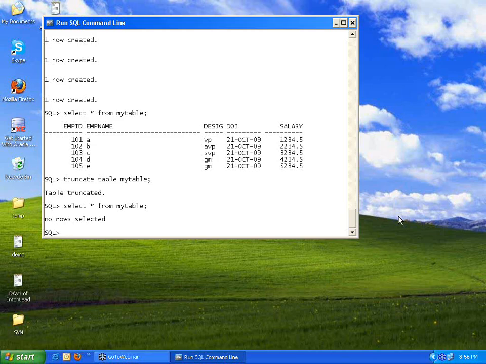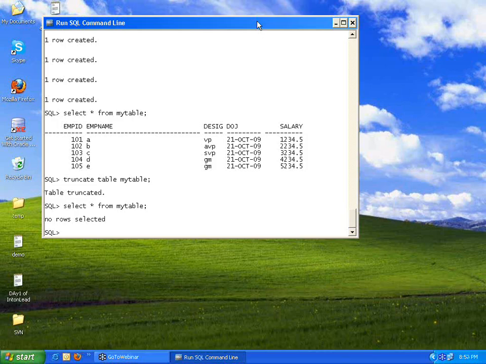Once data is deleted, okay, so again, delete to selectively delete, truncate to remove all the data, drop to remove the table itself. This is the difference between truncate, delete and drop. So be careful when you are doing either a delete or a truncate or a drop, because it may lead to unwanted data loss.